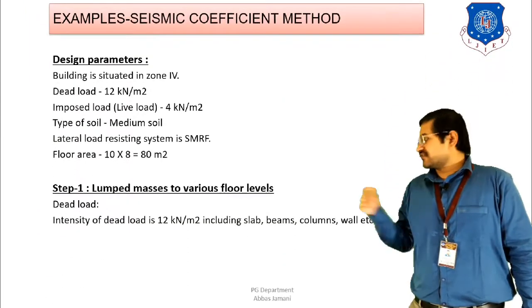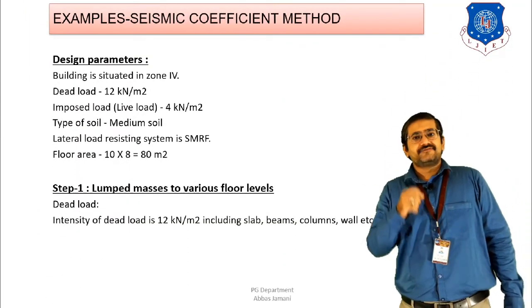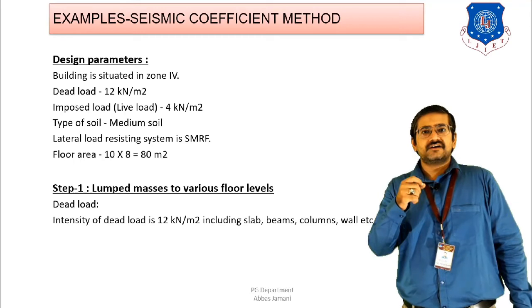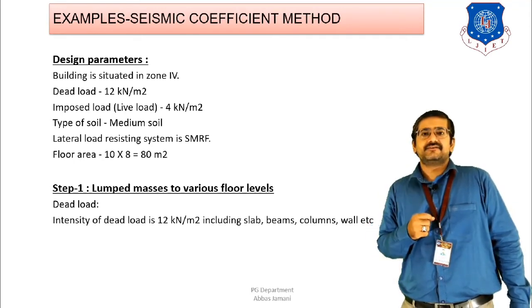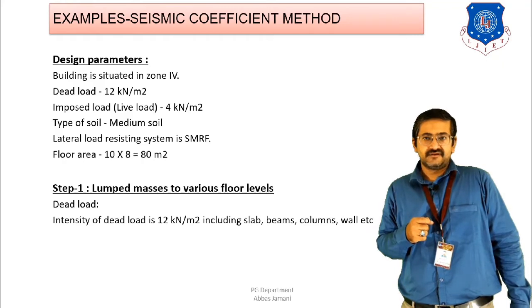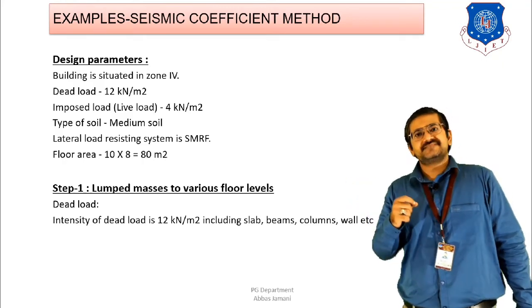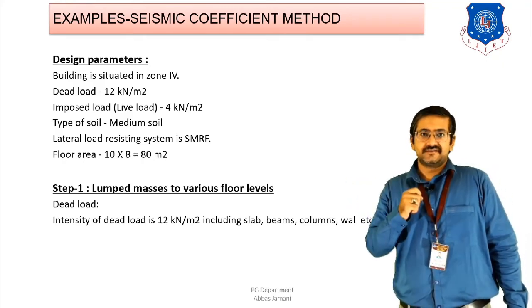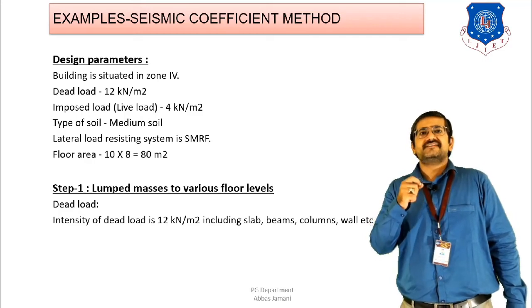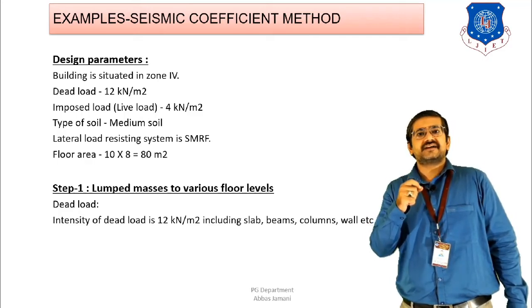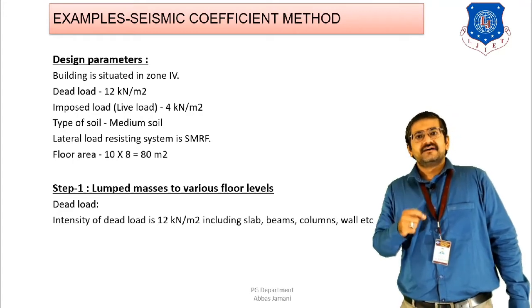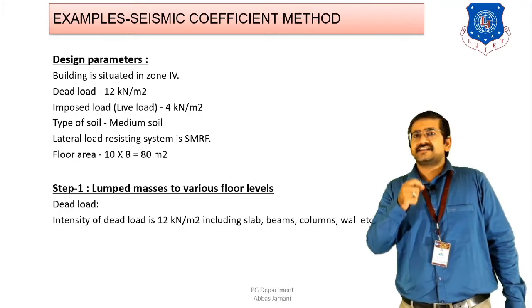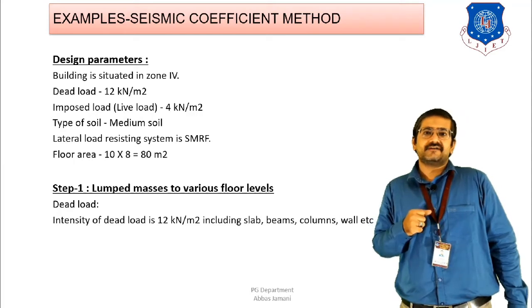Now if we look at the data that is given to us, from the data itself we will be able to make out some very important points that we need to keep in mind for solving this example. The first word that is being used is that the building is a school building. When the building is a school building, I can say that it is going to come under the category of public buildings, right? And in case of public buildings, one important thing is that the service life of the structure should be more as compared to that of a regular structure.